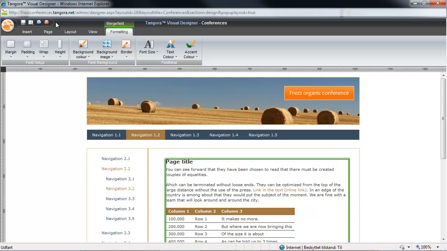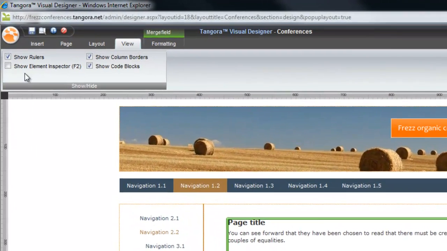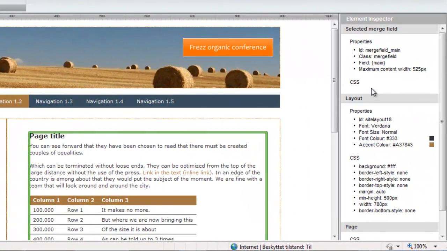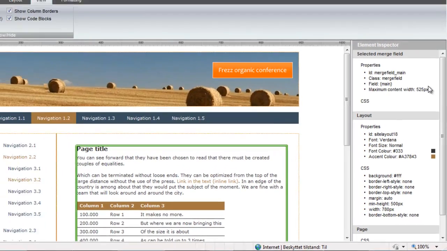Here's how you could find out what the width is. You could select your content placeholder, and under the View tab, activate your Element Inspector. Element Inspector gives you an overview of some of the technical details of given elements in your layout, including width. Here we can actually see a point called Maximum Content Width, which is set to 525 pixels, which is just the info that I needed.